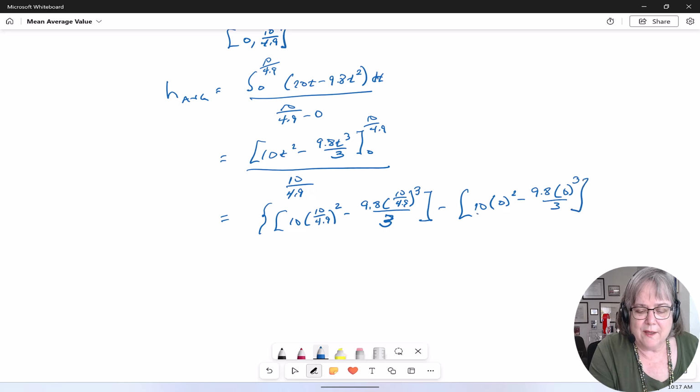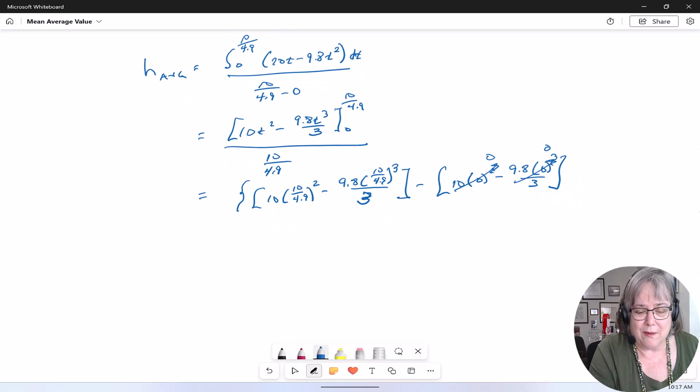So thank goodness for my math. These parts down here turn out to be 0, not always 0, right? And so all I have to do is to compute this next part. So when you get the math done, I had done it, and you may not like this, but I had done it by factoring out the 10 over 4.9. Okay. And then cleaned it up. But when you get this all done, you get